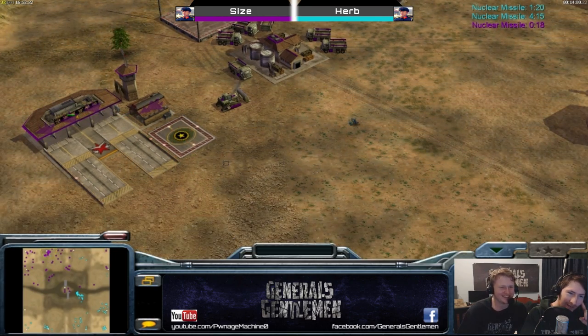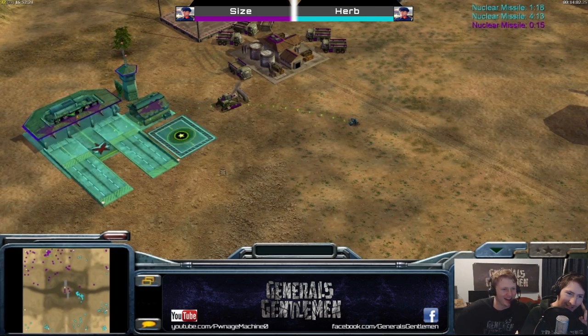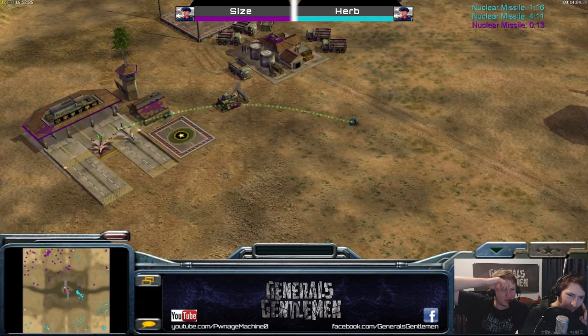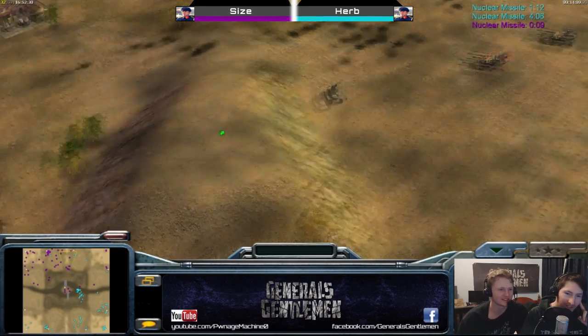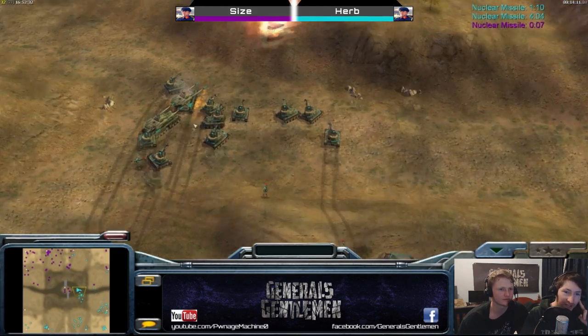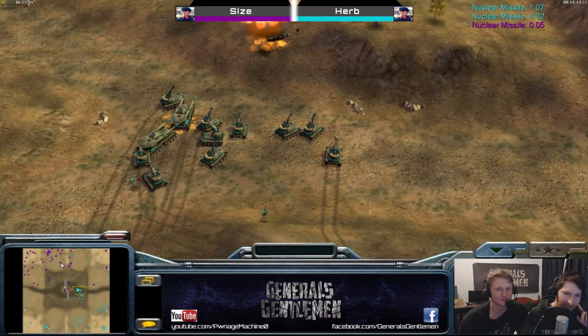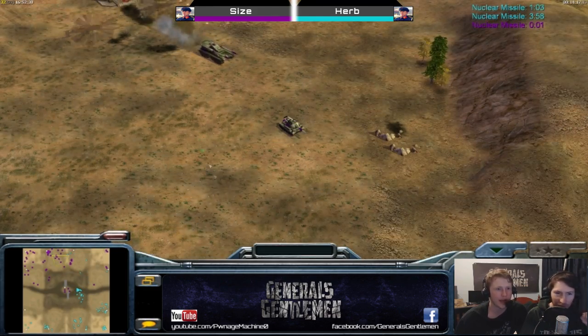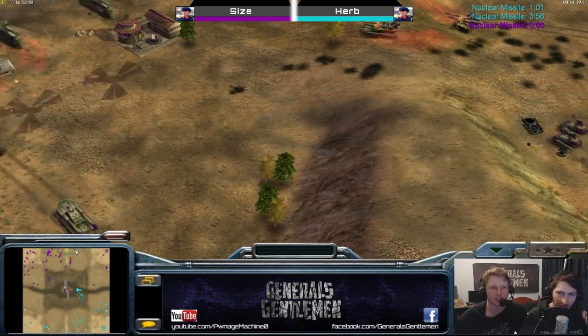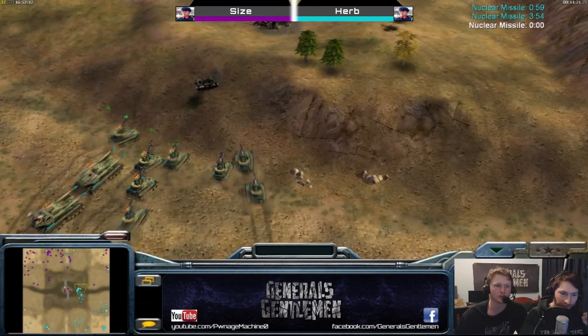I've been there. Losing the airfield with your Nuke MiGs is the worst feeling in the world. I hope Size is on the ball. He's not going to get him out. He's going to have to sell it. Sucks, because now what does Size have left? There's another ridiculously huge army of Overlords and Gats for Herb, and all he has is essentially Nuke MiGs, which are no longer existent. And a nuke. It just came up. He's got a nuke, so...